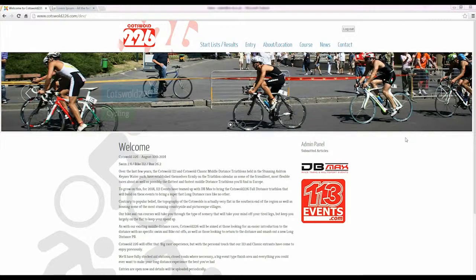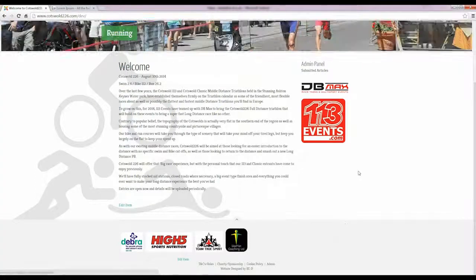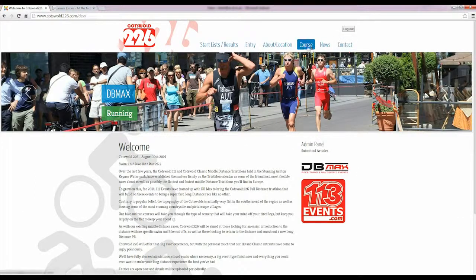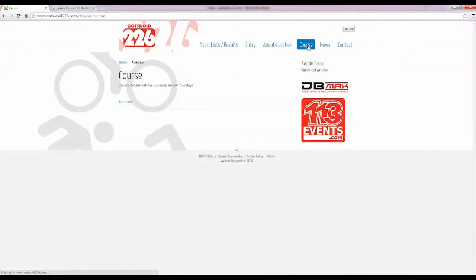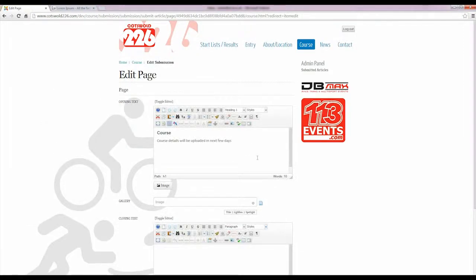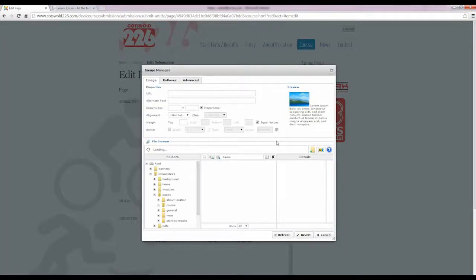Okay, I'm going to assume that you're okay with logging into the front end via the admin link at the bottom of the page, and we're going to go to the article in question, which is course, and we're going to click on the edit item link. Okay, so that will give us our text boxes, and what we want to do first of all is to put in an image. So we click on the image icon, upload, and you'll see here we've invoked the image